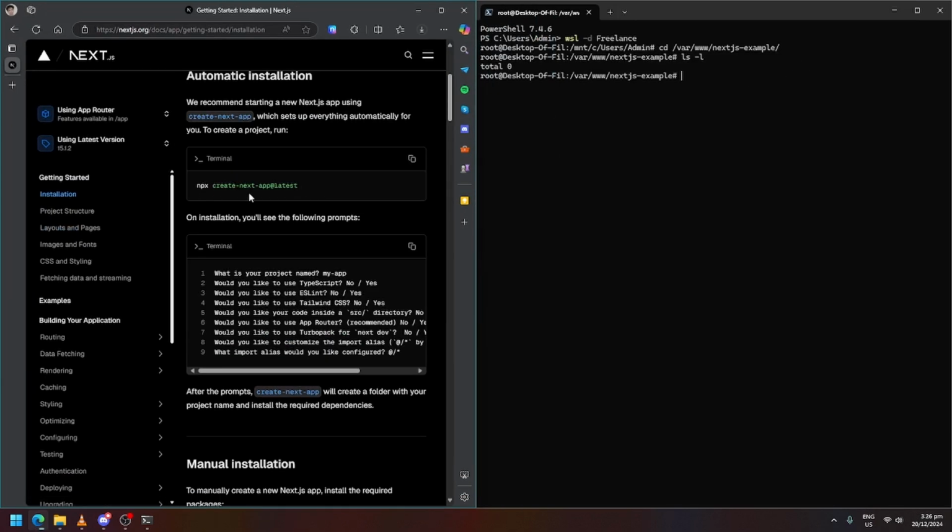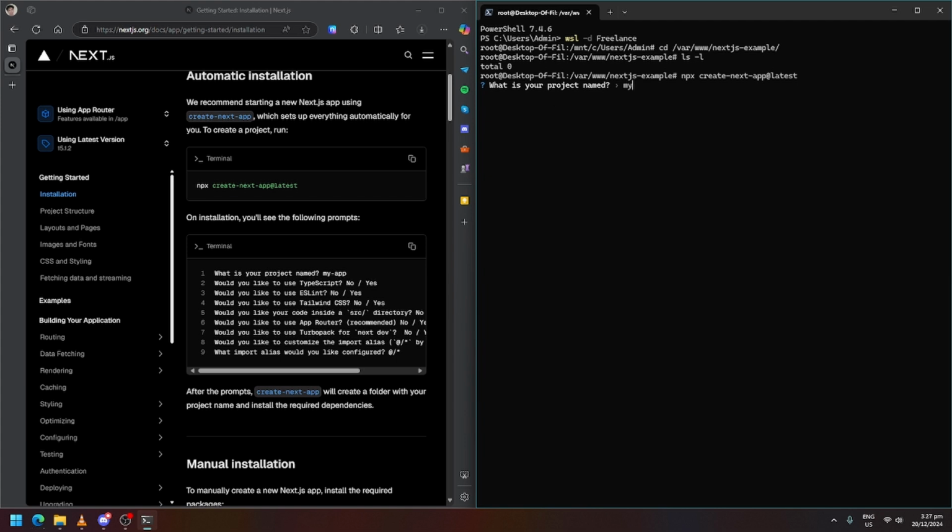And then we'll have to run npx create-next-app@latest. Upon entering that command, it will ask you questions to begin. What is your app name?